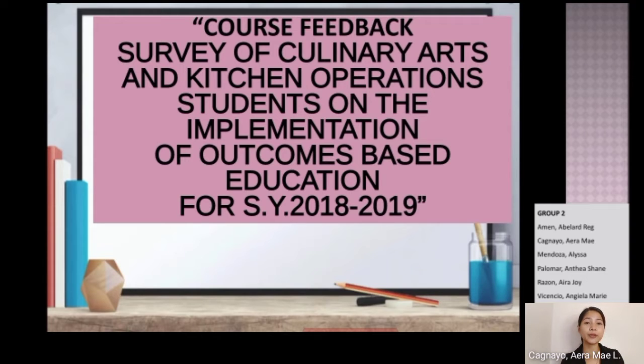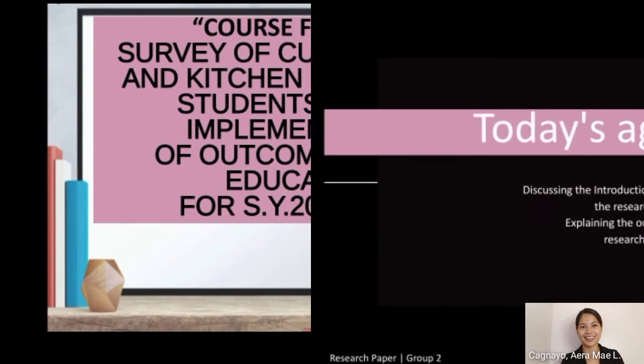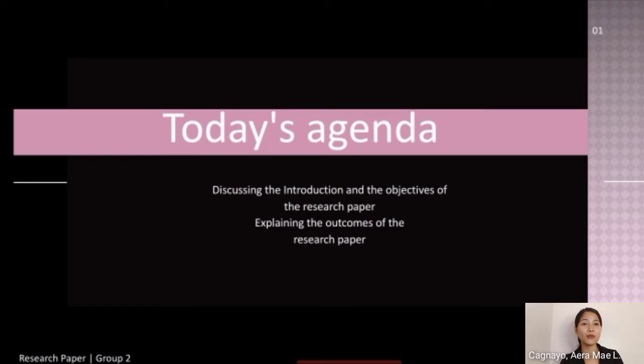Good day! Today we will be presenting our research paper, entitled The Course Feedback Survey of Culinary Arts and Kitchen Operations Students on the Implementation of Outcome-Based Education for the school year 2018 to 2019. So for today's agenda, we will be discussing the introduction and objectives, and we will also be explaining the outcomes